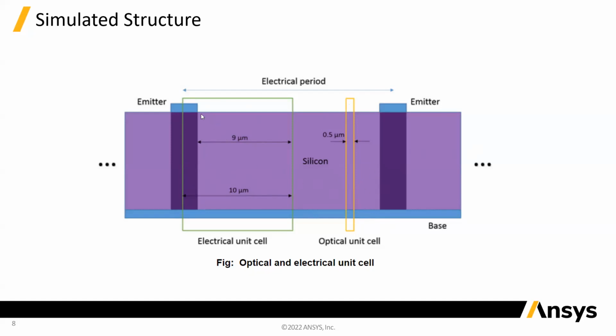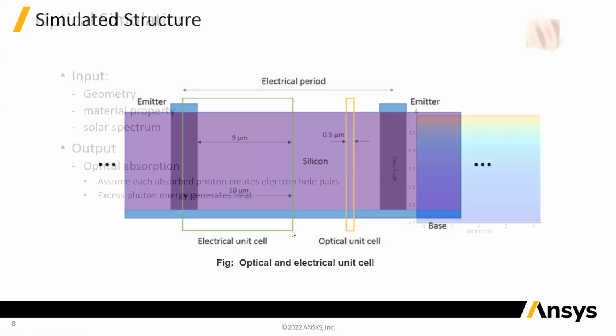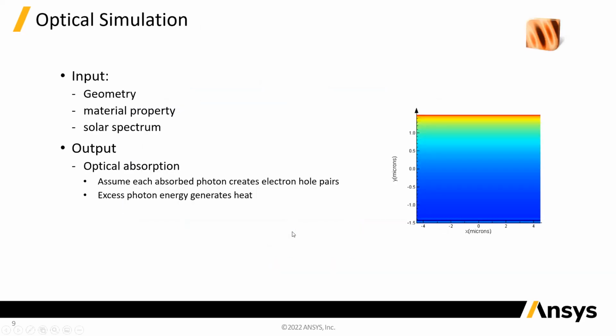One other thing this block diagram shows here is that wherever we have those emitter fingers, we'll have shadowing effect happening underneath. So we'll simply assume that in that region, there's no absorption of sunlight. And then with that information, we'll go into FDTD. We'll perform the optical simulation on the unit cell.